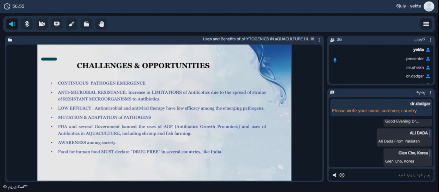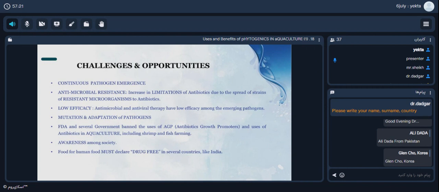So what are the challenges and opportunities? How can we connect it? Because there is continuous pathogen emergence. Just take the example of shrimp or fish: you will see every 3-4 years a new disease is coming up, and in several years, it will disappear also. But a few, like white spot syndrome virus or streptococcus in fish or koi herpes virus,